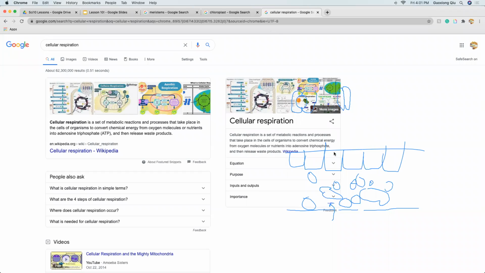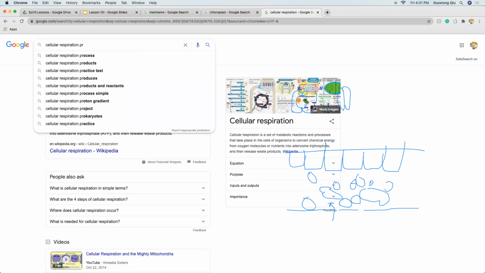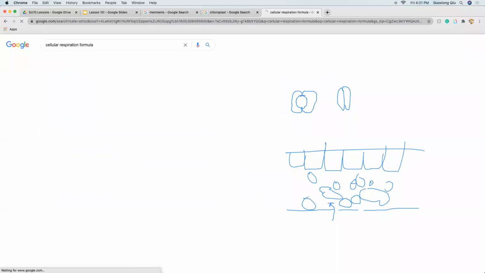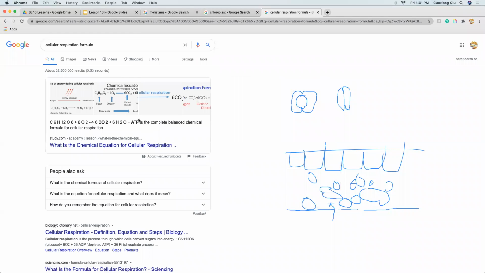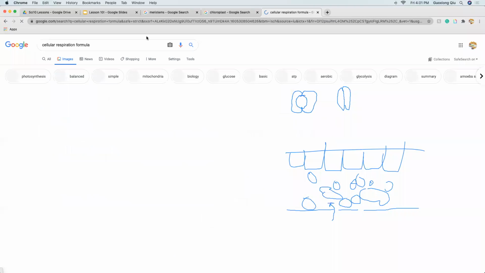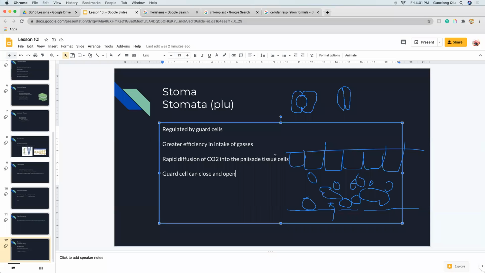Oh, this drawing is still there. Formula. This is just straight out copyright. Ah, yes, that's what I was looking for. Okay, so cellular respiration